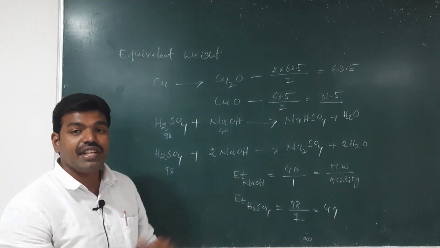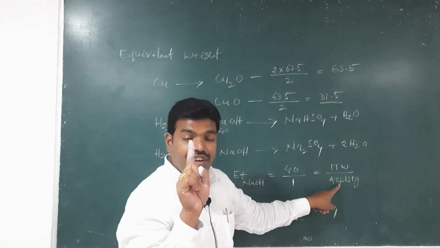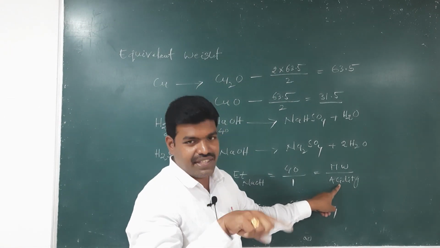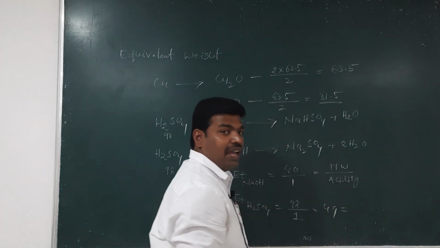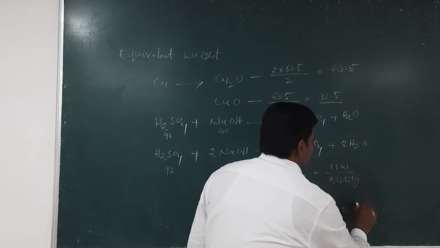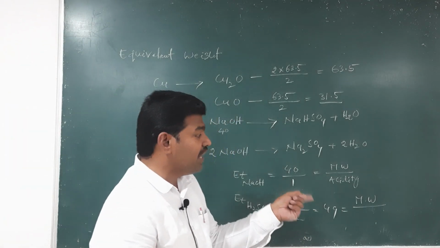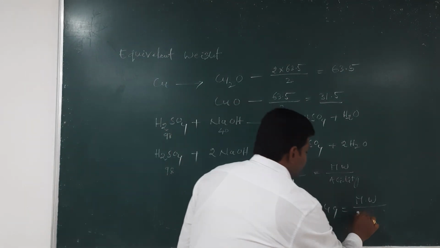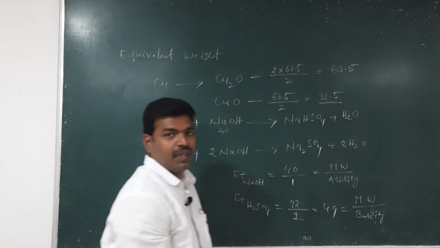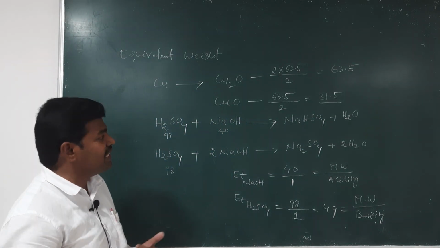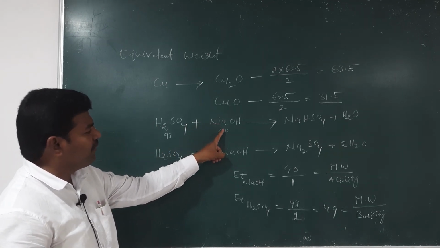Molecular weight by acidity is the formula to calculate the equivalent weight of bases. Next, the equivalent weight of acids can be calculated by molecular weight by basicity. Why basicity? Why basicity? 40 grams of